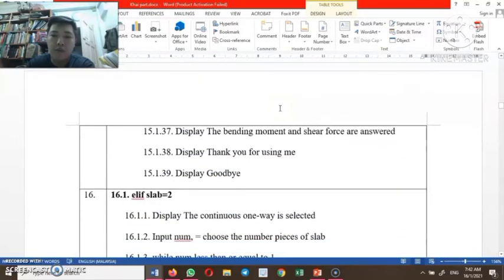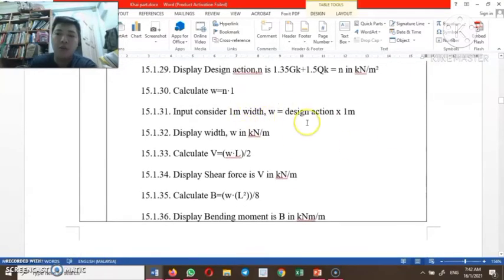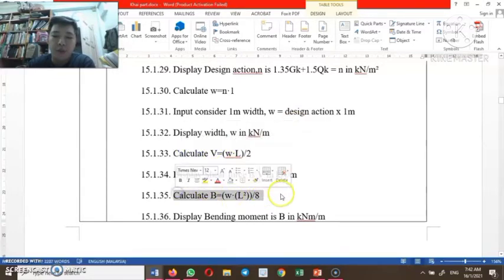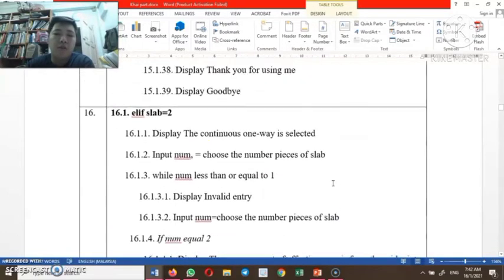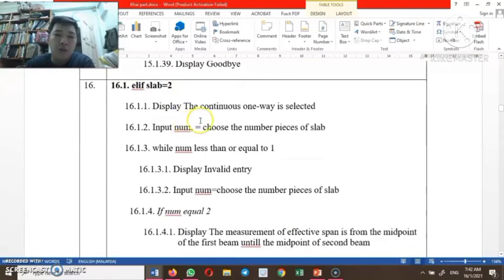Okay, so after all those things are added on, the user will find the shear force. As you can see, this is the formula for the bending moment. So it will display the bending moment and shear force. Yeah, so this is the purpose of the program, to find the bending and shear force of the slab. So let's say the user types number 2,